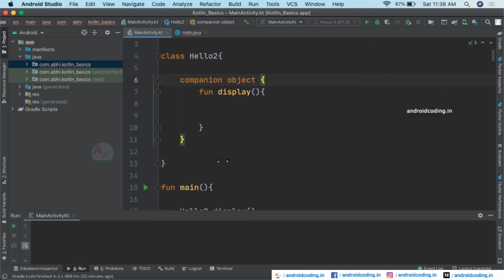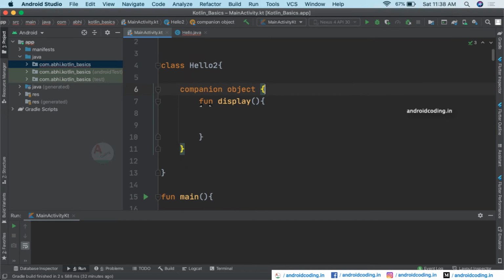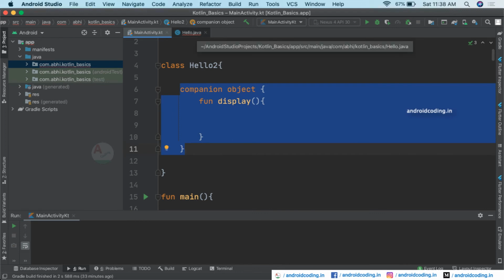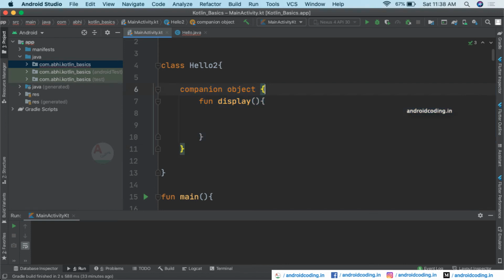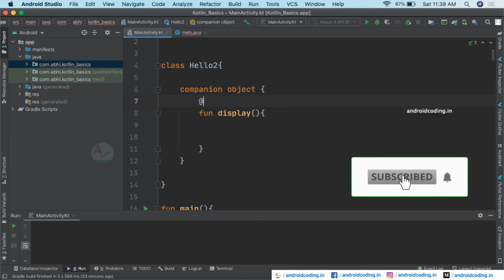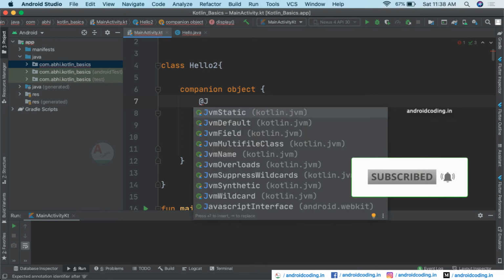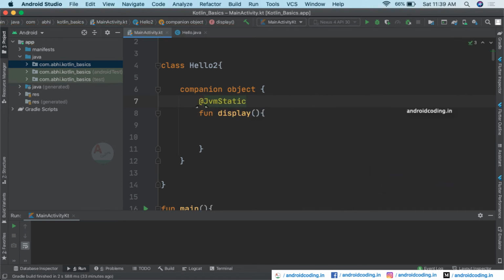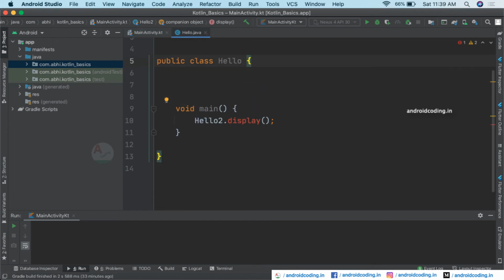hello2 is our Kotlin class file here, and though we are making it a companion object, our Java code is still not able to recognize it as a static method. To make it understand it to be a static method, you need to declare it with @JvmStatic, and now when you get back to your Java code, you can see the error is no more. In this way you can create a static method in Kotlin programming too, just like we create in our Java programming. I hope you understood this tutorial, and don't get confused.